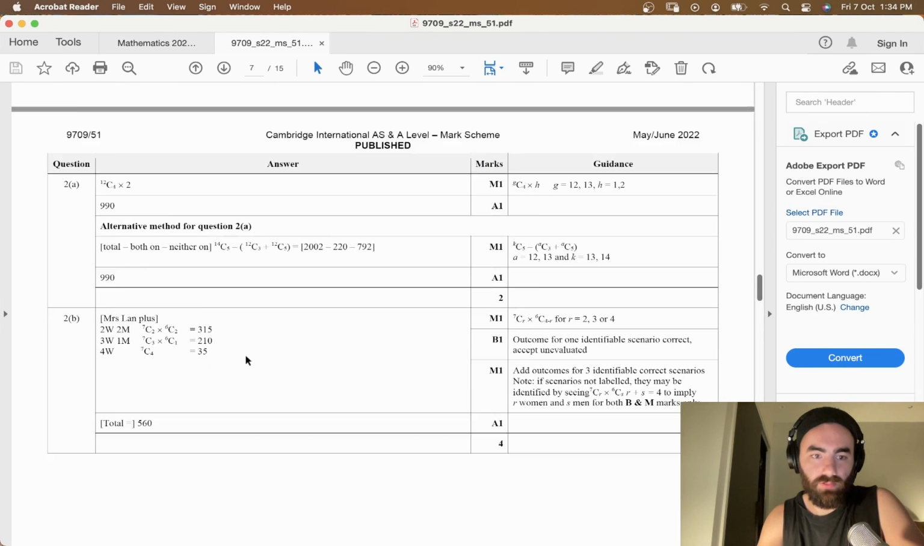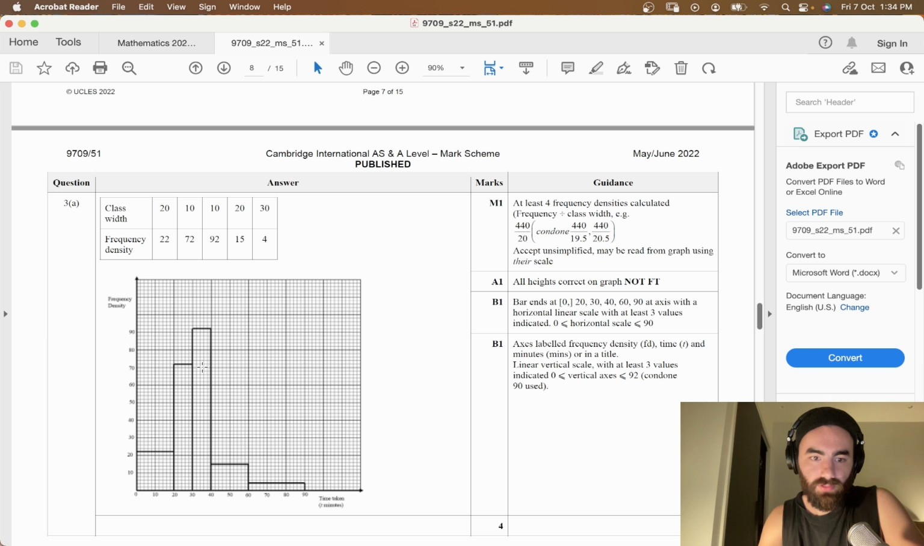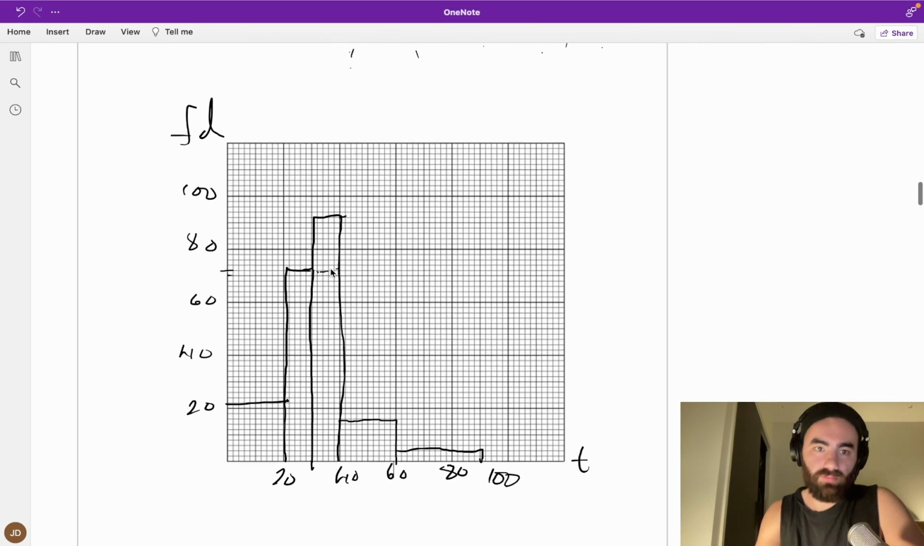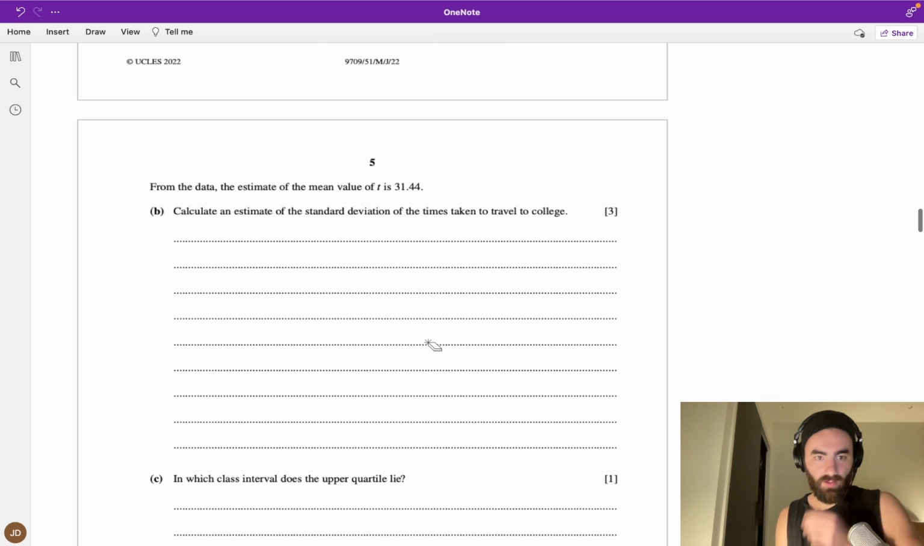Okay, I'm just going to look. Okay, boom. They did it. It's the same thing, but mine's obviously not very well drawn. Okay, so that's how you do it. From the data,